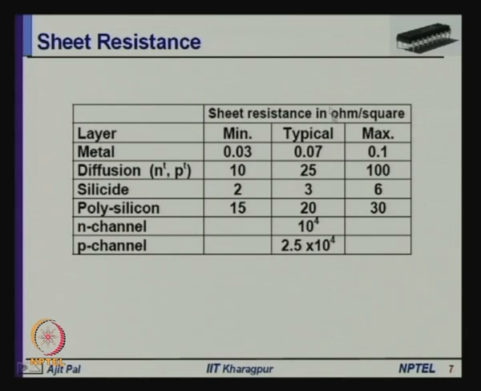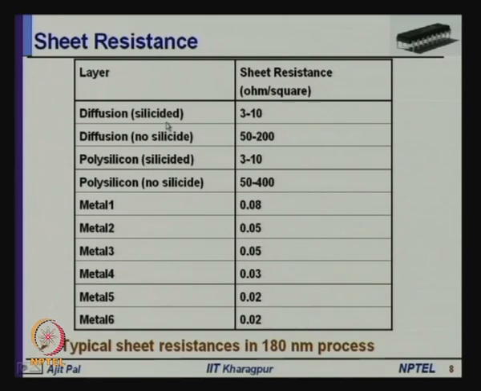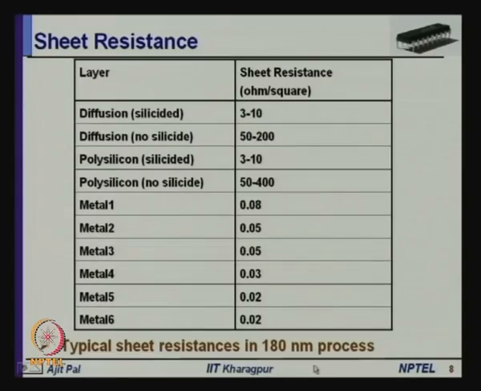So, you see these are the typical values of sheet resistances for different types of conducting materials, and in fact, here it is for a particular process technology, 180 nanometer. The previous one was for a little higher process technology, maybe 5 micron or so, and this one is for 180 nanometer. So, it is still old, but you can see the values are a little different. For the diffusion layers, you can have two types of diffusion layer. One is silicided,